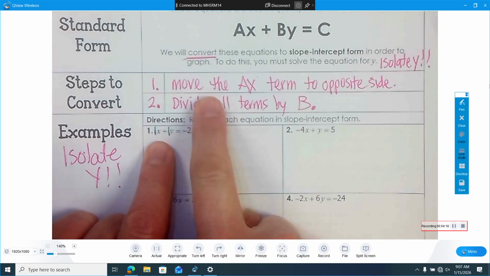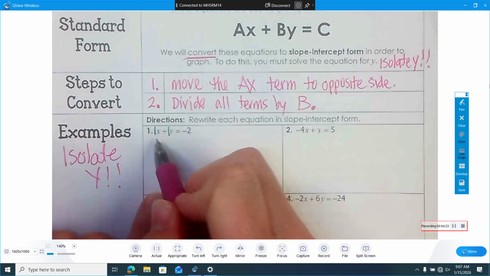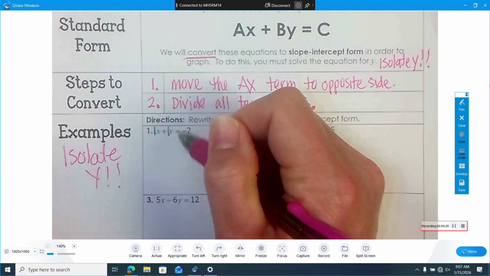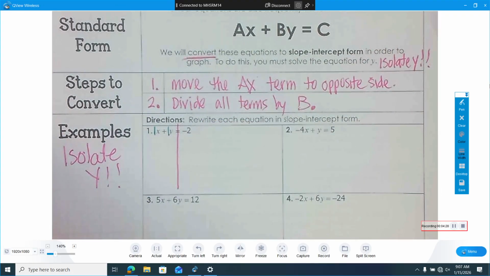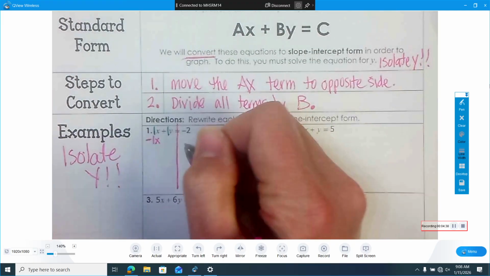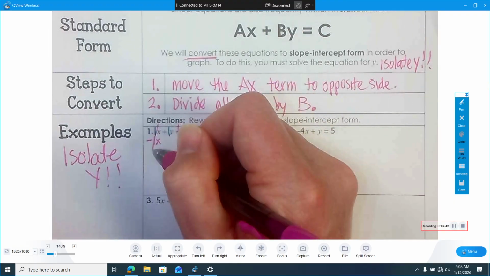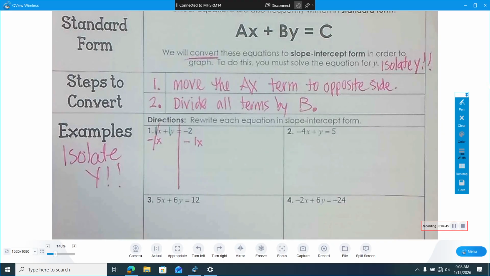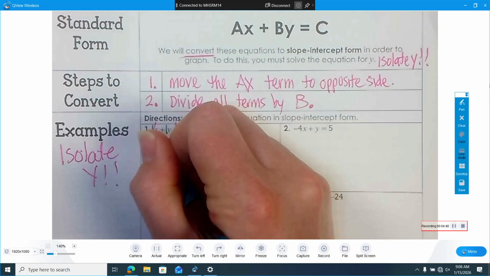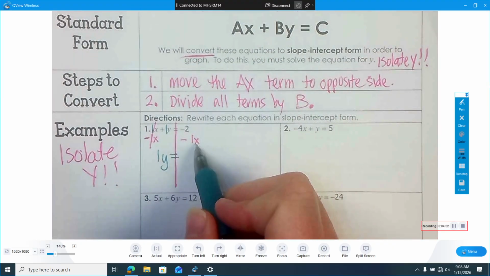Now, for step number 1, it says move the AX term to the opposite side. So I want to take this 1x and move it across our equal sign. How do I move it to the opposite side? Subtract, very good. Right now it's a positive x. We need to subtract 1x from both sides. Positive 1x and negative 1x cancel each other out, and I am left with 1y is equal to